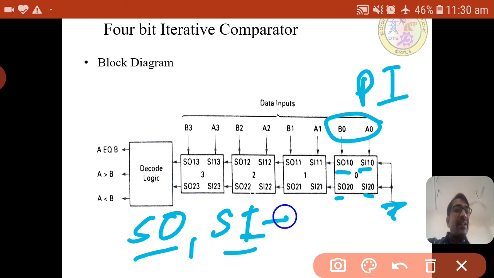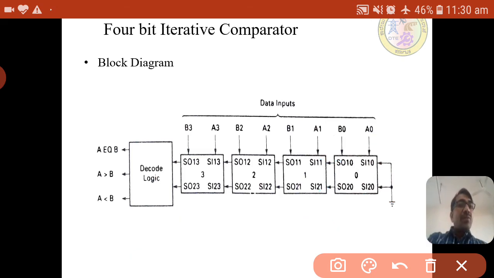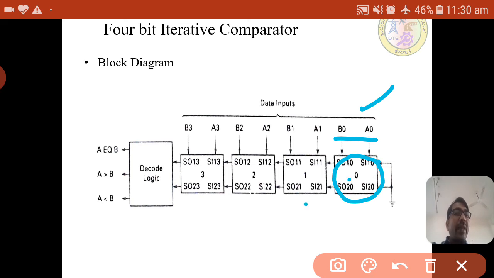For the next comparator, whatever secondary outputs are generated will act as the secondary inputs. So each comparator cell will compare the 1-bit values A0 and B0 and generate the secondary output, and it will act as the secondary input for the next comparator.